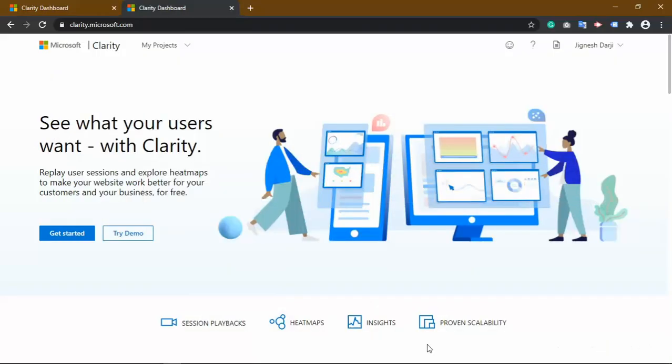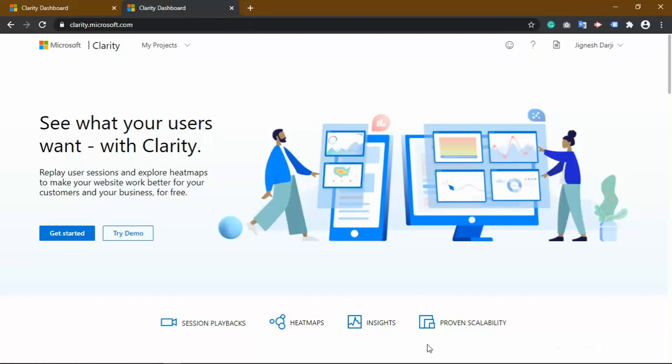Hi, today I'm going to teach you how you can configure your projects for Microsoft Clarity. This is the same kind of platform as Google Analytics. In Google Analytics, you can analyze your traffic from different sources, channels, and geolocations, and you can also track where your users are from and how many total users you have. In Clarity, you can perform the same actions as Google Analytics.